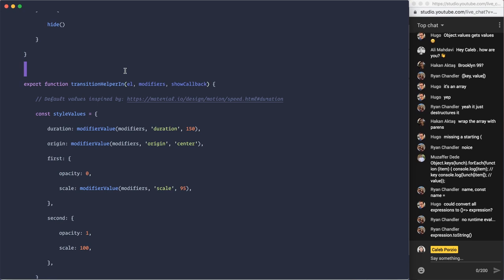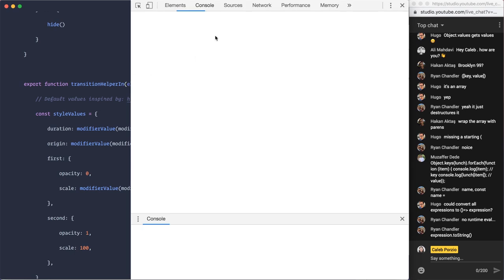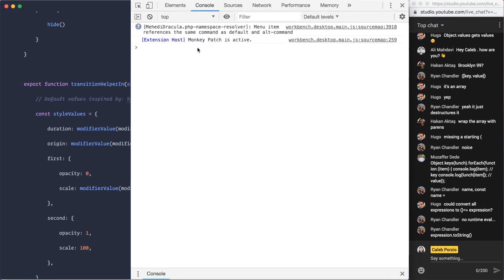Yeah, so expression to string. Don't want to do that. Adam recommended that, or Adam at least was like, hey, what if we did this? And it's no bueno because